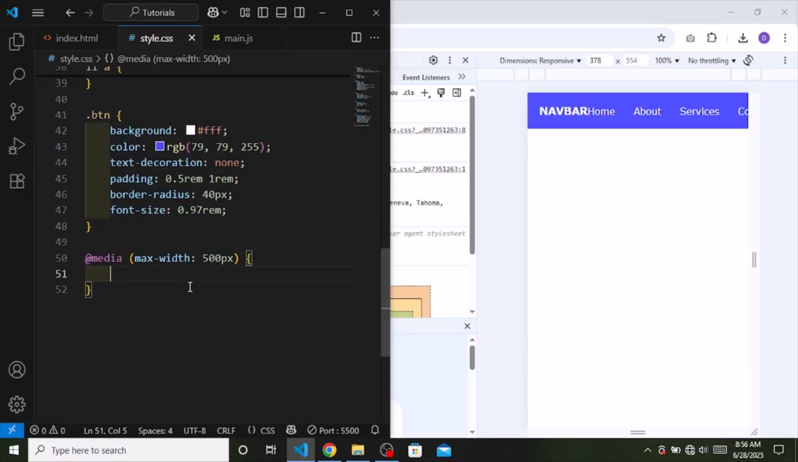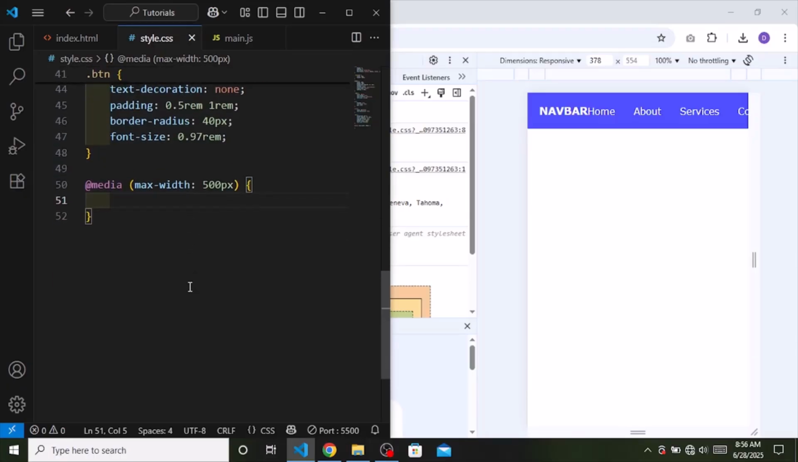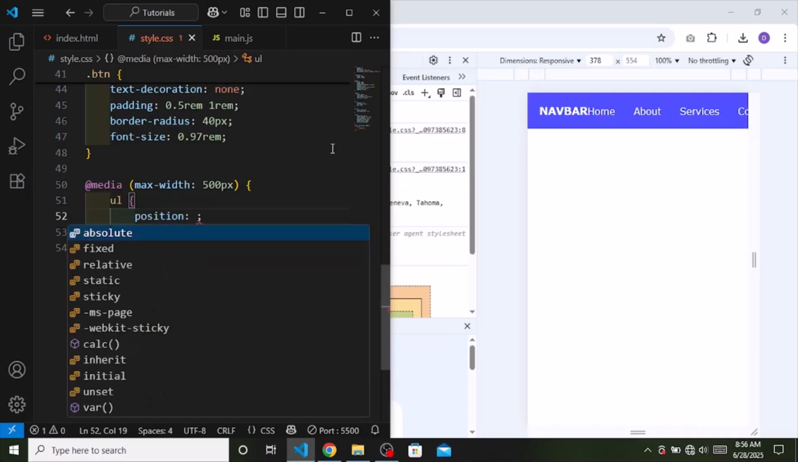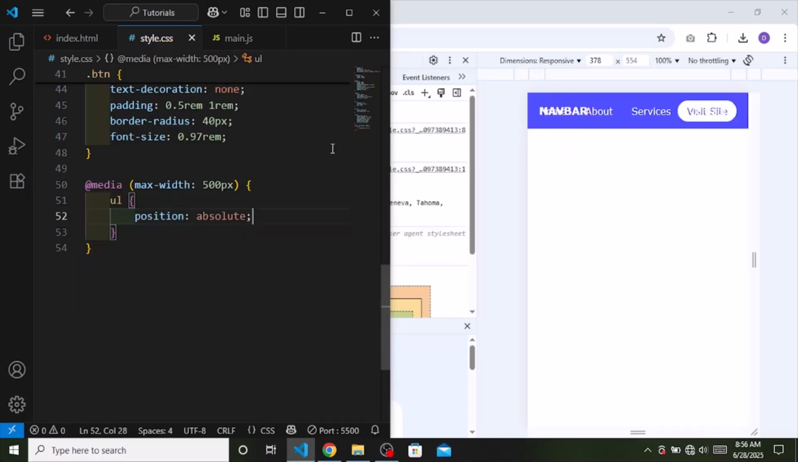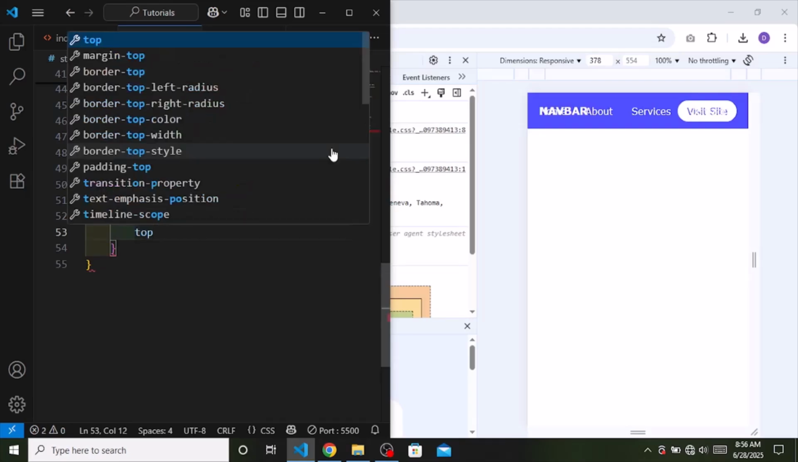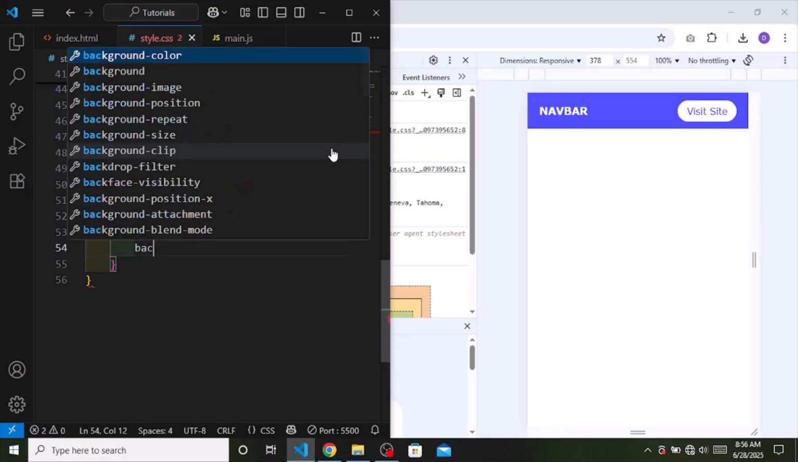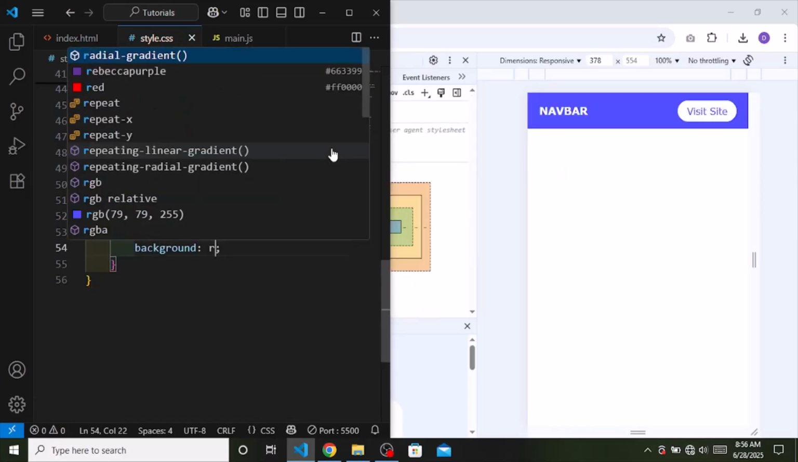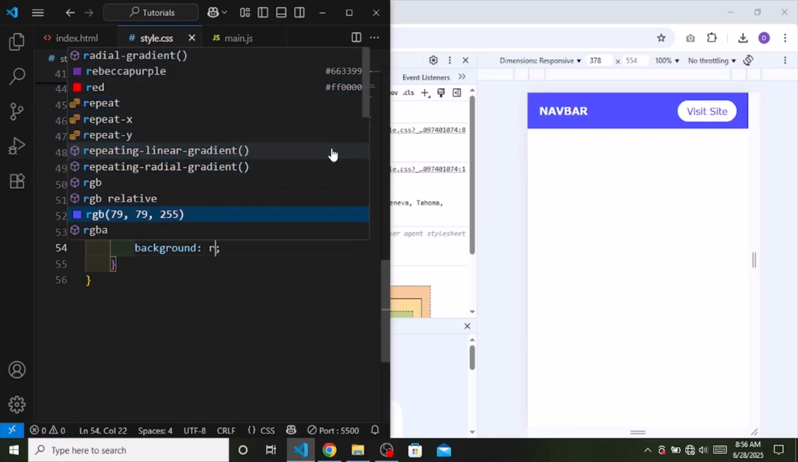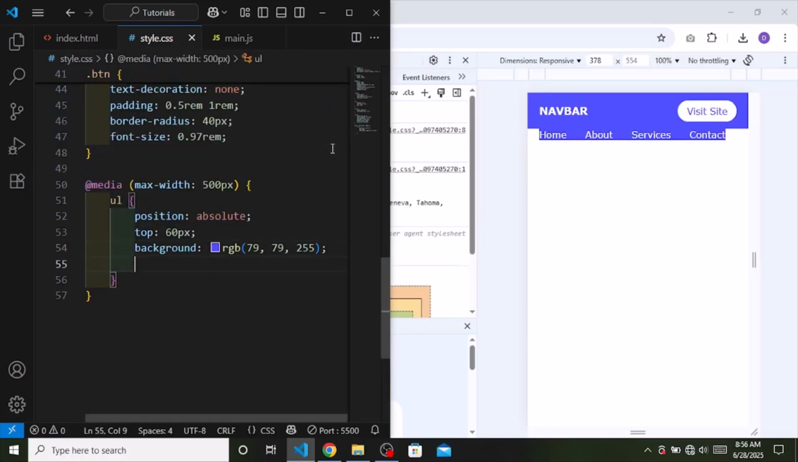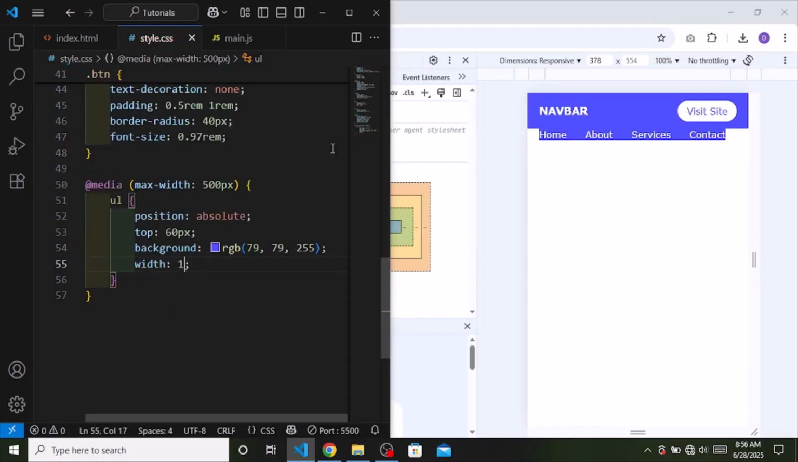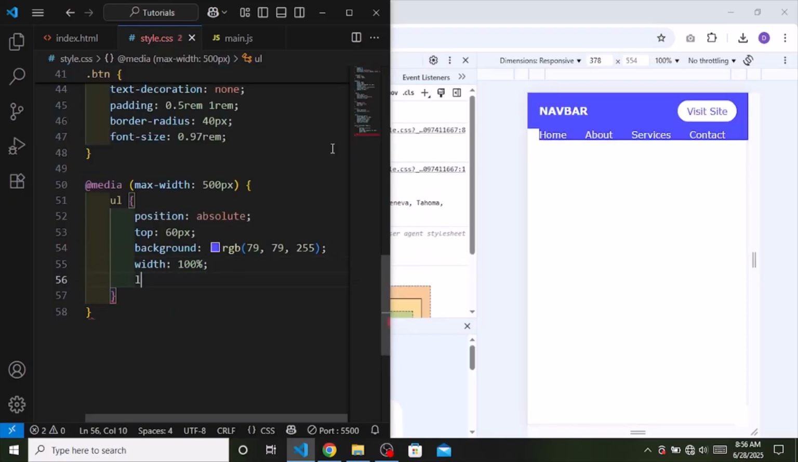So first up, we're going to start by removing this our unordered list. To do that, we'll come here and select UL. We'll give it a position of absolute. Yes, give it a top of 60 pixels. Background, we'll change the background to the RGB background we used. Yes, then give it a width of 100%. Left to be 0,